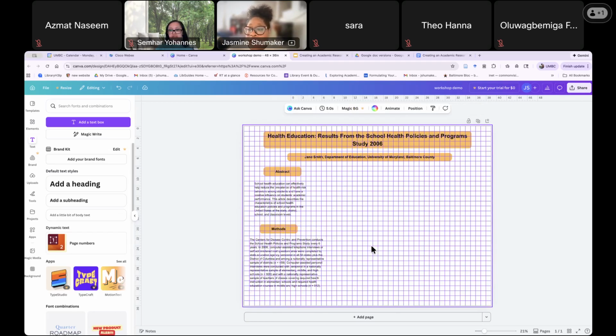Now, depending on the real estate or available real estate on your poster, you could always increase the text size or the images. Speaking of images, it is now time to add in images. So if you're following along with me, you should have,